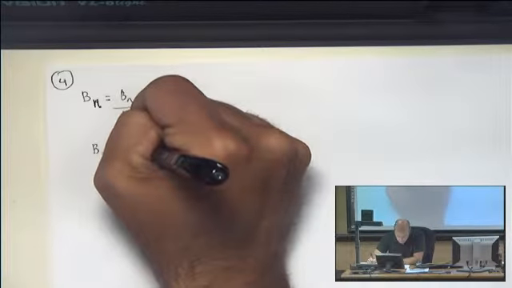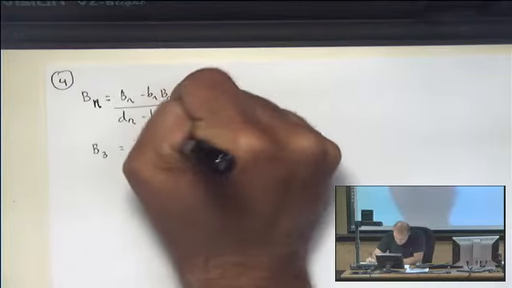So B3, because n is 3, is b3 minus little a3, capital B2,